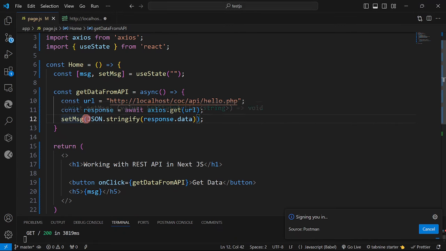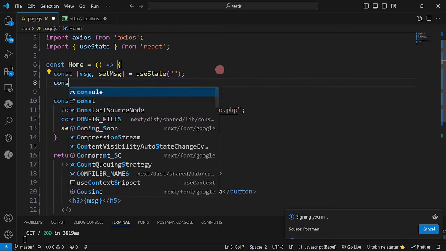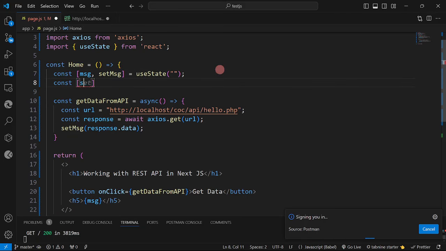So I'm not going to stringify, since I'm going to display it in a table. I'm going to create here a list. Const students list, comma, set students list,